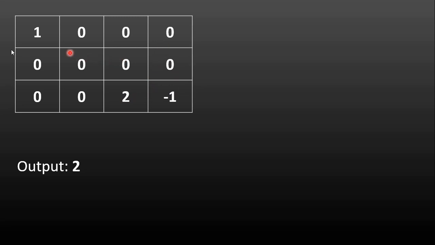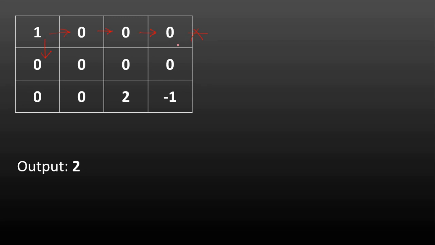One of the points that they have mentioned is that we can go in all four directions. So we can go from here up, down, left and right. Let's take this example, how we can reach from 1 to 2. If I start from 1, I can go to this position, or I can go to this position. So let's take the right direction. If I go from 1 to 0 on the right side, then from here I can go to here, and then I can go to here, and now I cannot go in this direction because it's at the end of the grid.